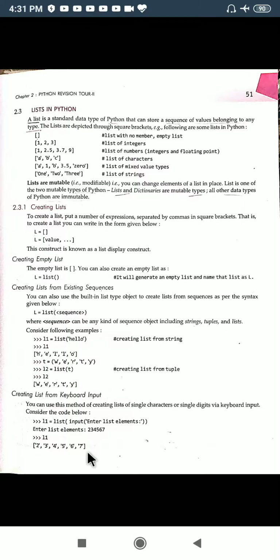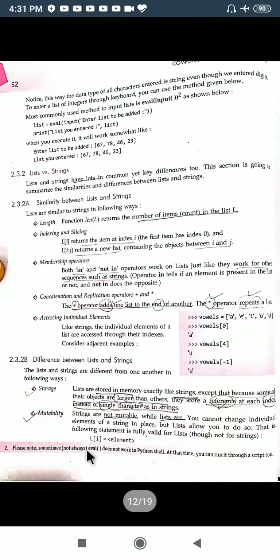Next is another function that we can use to take input, the eval function. This will also construct a list. So using the input function, you can take a value from the user and then you can print the list. It will give the same output. The user has entered this, and it has been printed with the help of the print statement. Now what is the difference between a list and a string? In chapter 1 I told you these differences. Now I'm just revising it for you.